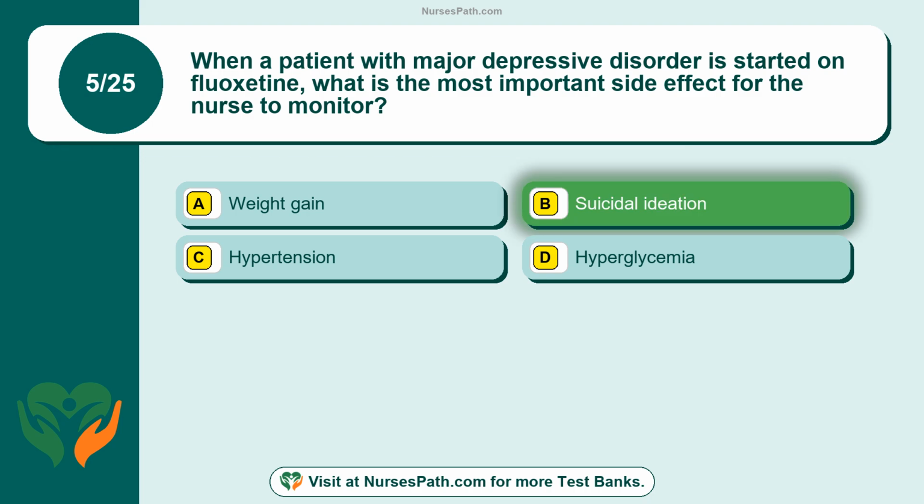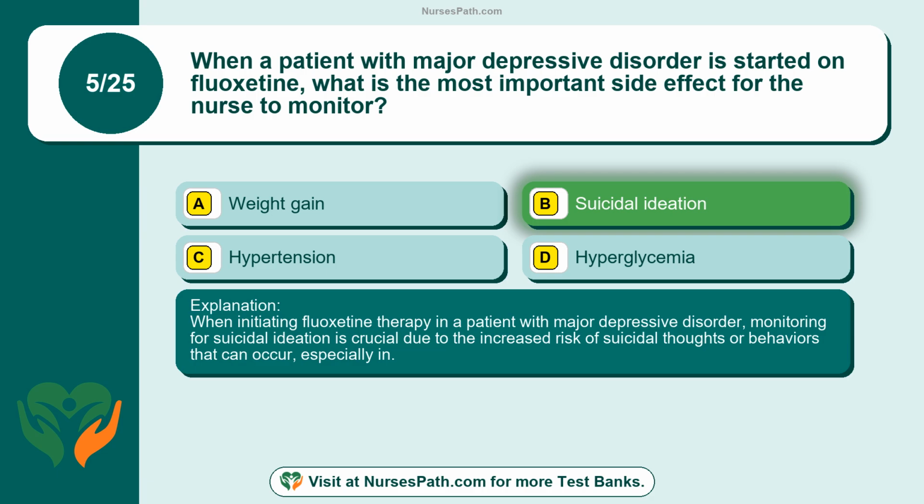The correct answer is option B, suicidal ideation. When initiating fluoxetine therapy in a patient with major depressive disorder, monitoring for suicidal ideation is crucial due to the increased risk of suicidal thoughts or behaviors that can occur, especially in